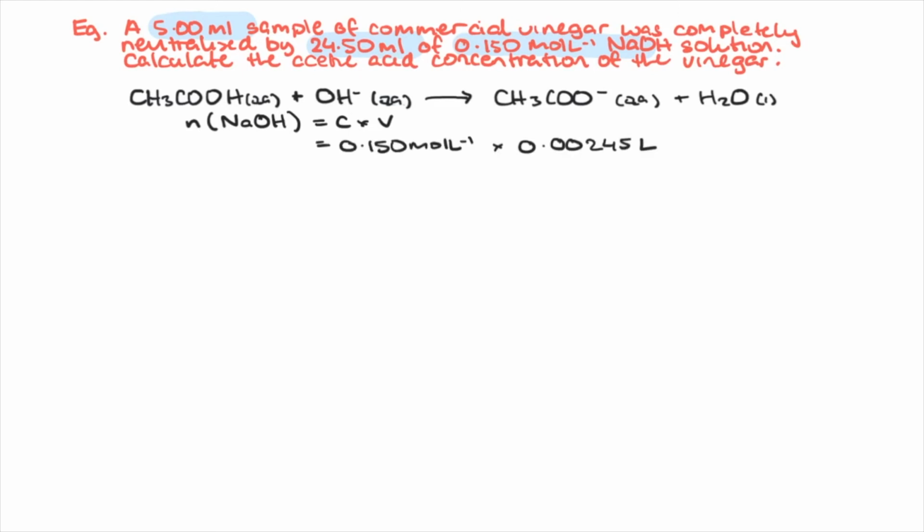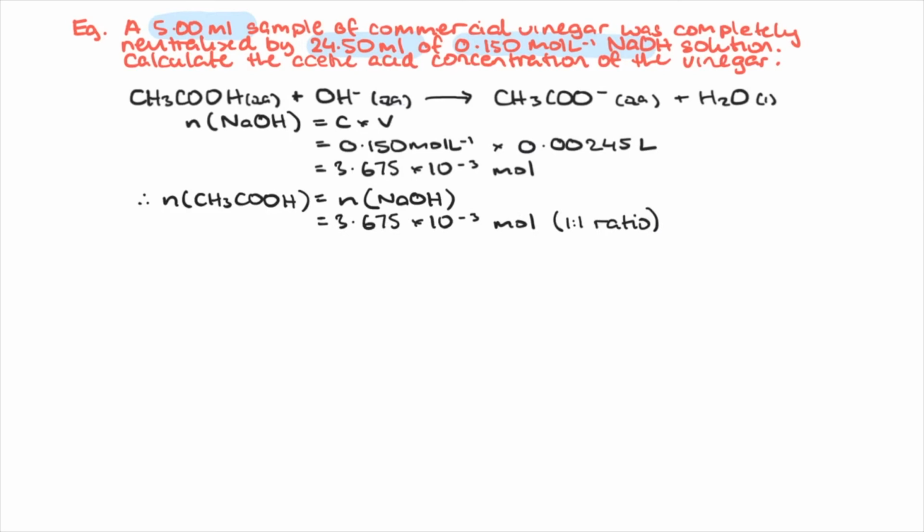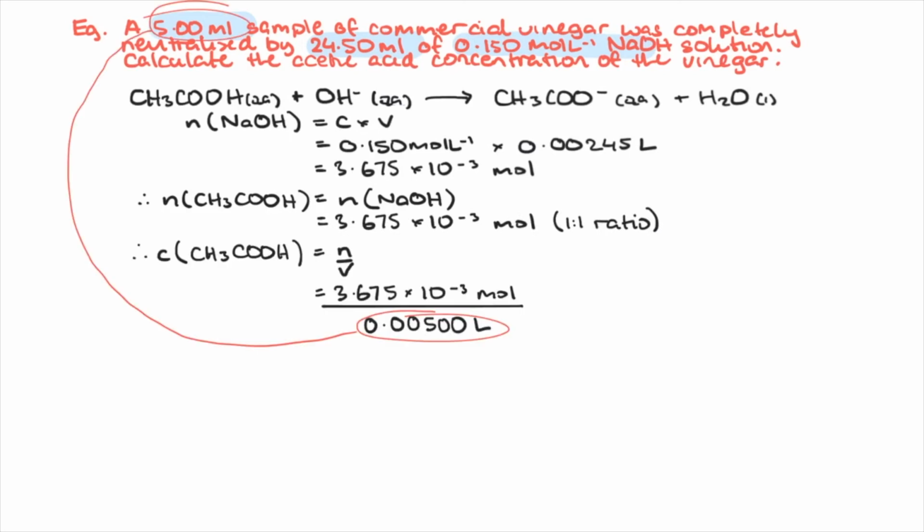Calculate the number of sodium hydroxide moles used to neutralize the acetic acid. Convert that to moles of acetic acid neutralized. Then we can use the moles to work out the acetic acid concentration using C equals n on V, and